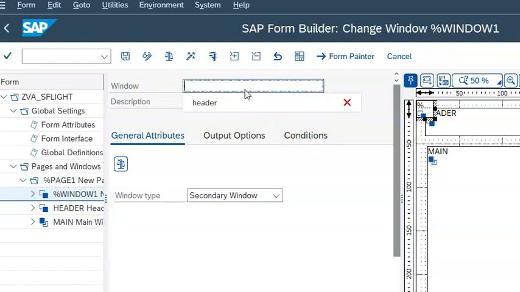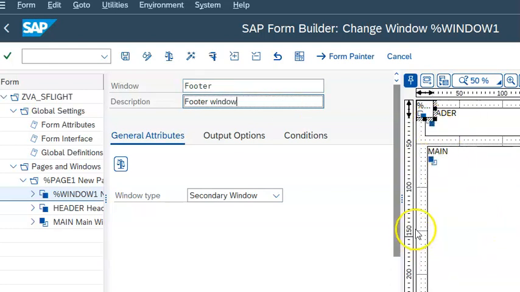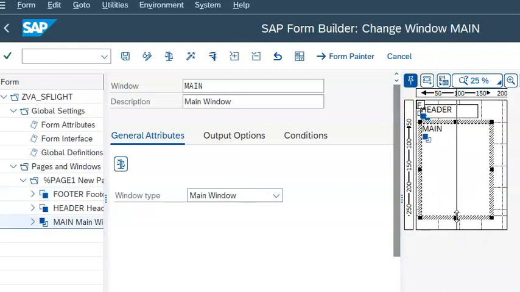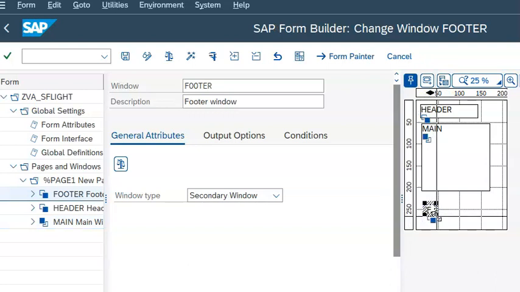Since we don't give any dimensions for this window, it will come on the top. So we have to change the positioning of that window. Let me pull this footer down here, place it and expand it. So this is the footer. Now we'll go ahead and